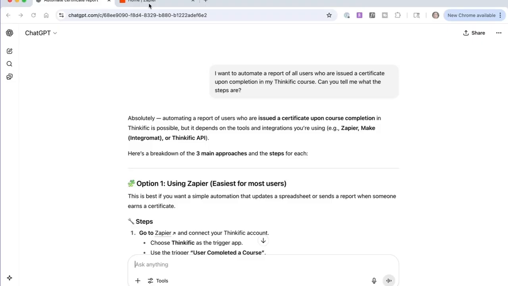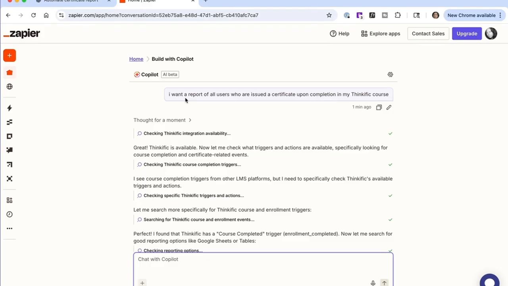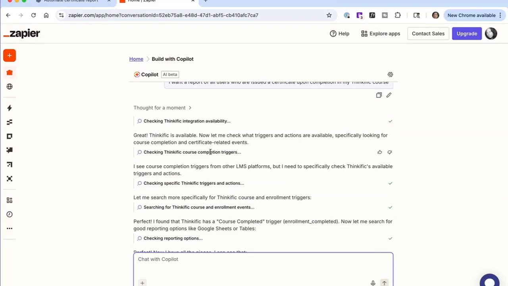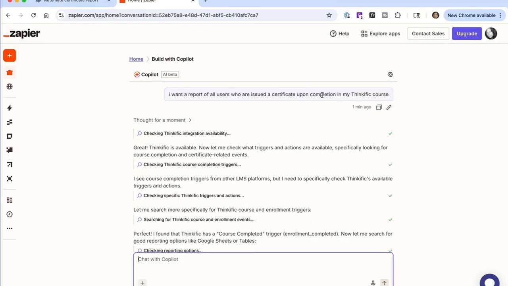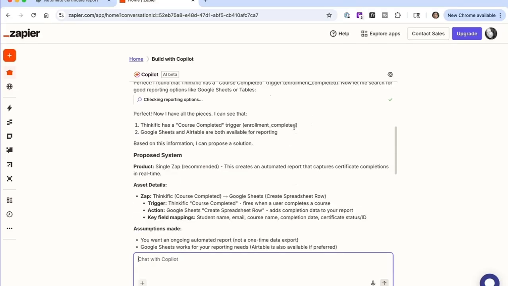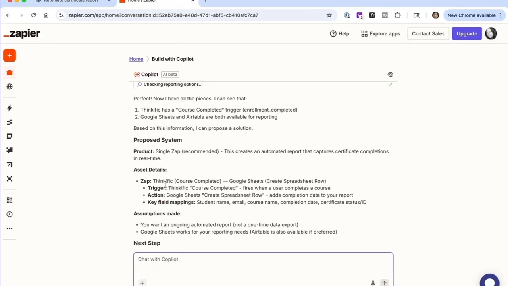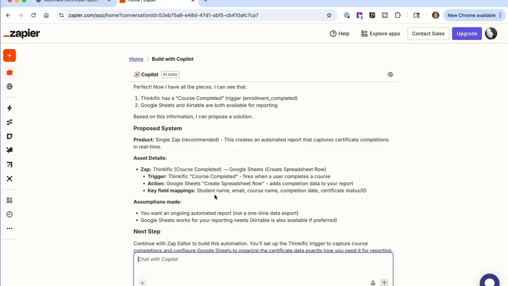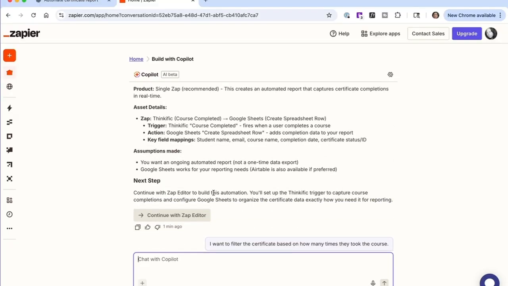So let's look at this use case where I want a report of all users who are issued a certificate upon completion in my Thinkific course. So what Copilot is doing is checking to see if this automation sequence can be done. As it searches, it's given me some ideas, like once the course is completed, I can set up a Google Sheet, and then from that Google Sheet, I can set up headings and rows so that the data is populated correctly. Now I can ask Zapier